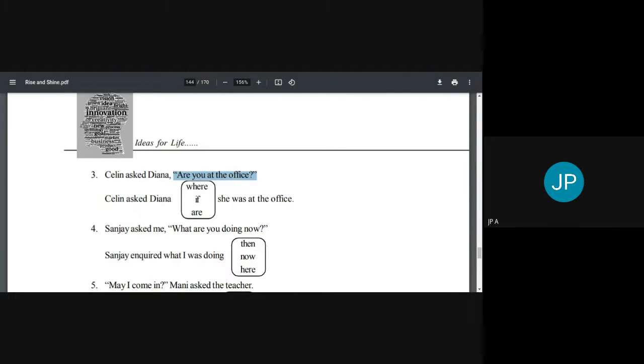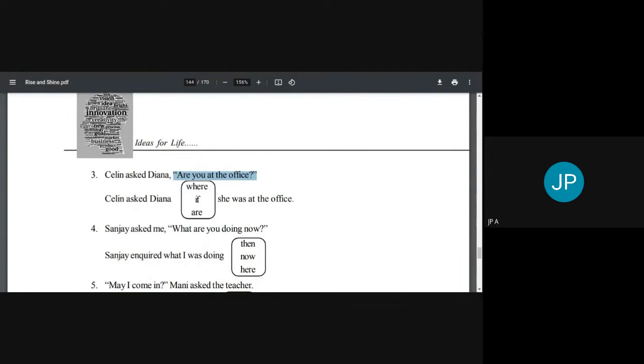Yes, if she was at the office. Yes, Shima, Sri Lakshmi. Yes, that's right. If she was at the office. So if അല്ലെങ്കിൽ whether use ചെയ്യും. ഇതിൽ നമുക്ക് ചോയ്സിൽ if ആണുള്ളത്. So we use if. If are you എന്നുള്ളത് she ആയി, are എന്നുള്ളത് present tense ആണ്, അത് was ആയി, at the